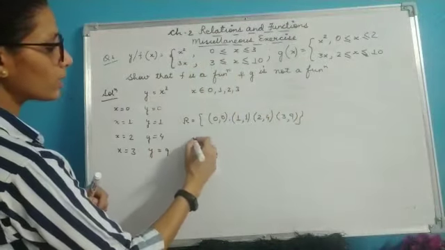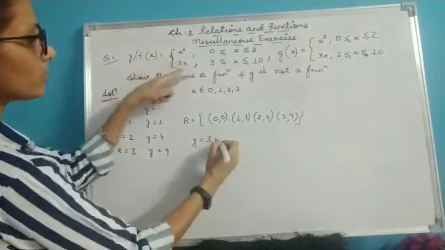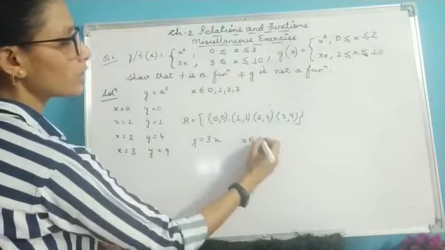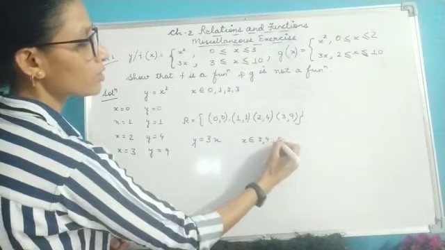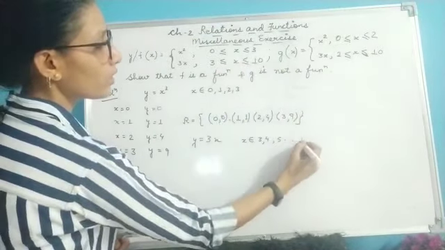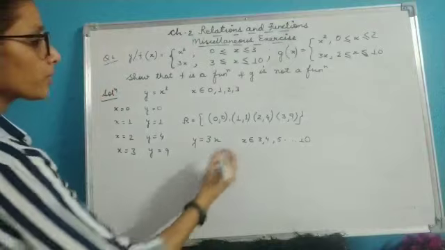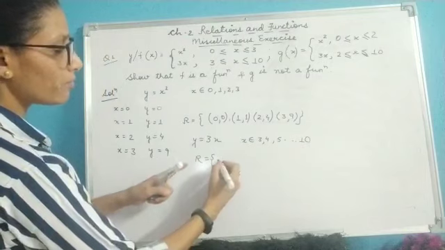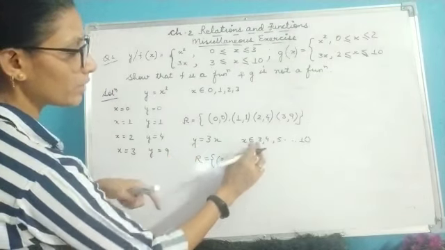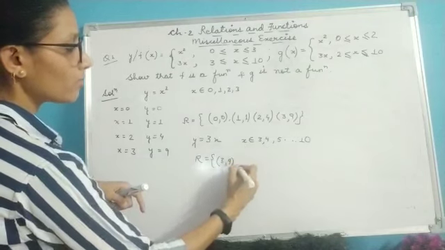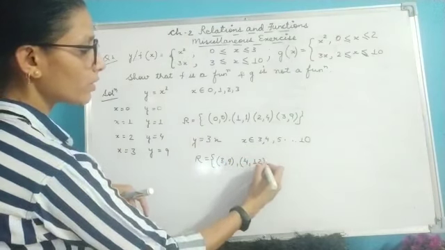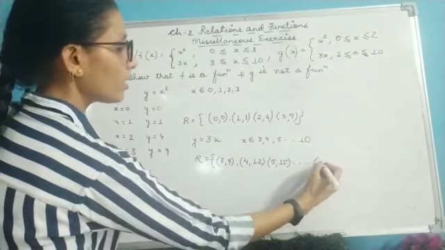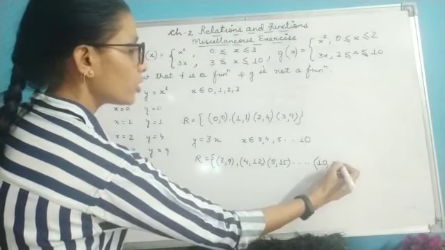Now what about y equal to 3x? Here x is greater or equal to 3, that means it can have 3, 4, 5, 6, up till x is less or equal to 10. So up till 10 I can take the values. Now writing the relation: if x is 3 then y will be 9, if your x is 4 then y will be 12, if your x is 5 then it will be 15, and I can continue till if x is 10 your y will be 30.